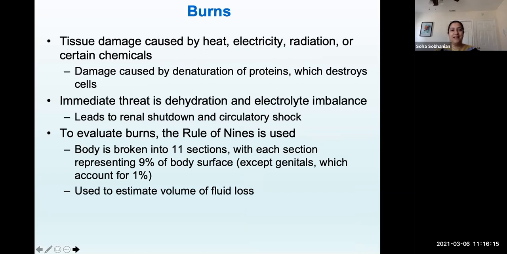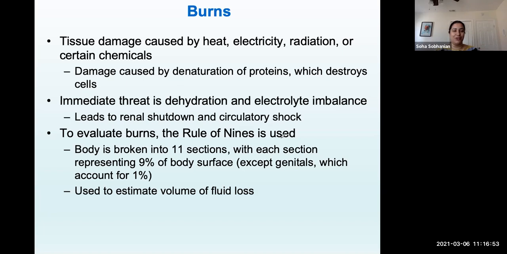Okay, last but not least, we're going to talk about burns. The main danger of burns is that they can cause significant damage to your proteins. They can cause dehydration in the body. They can damage tissues and destroy cells. The main causes of burns are heat, which is the logical one, electricity, radiation, and sometimes chemicals. Not all chemicals cause burns, but some do. To evaluate a burn, we use what we call the